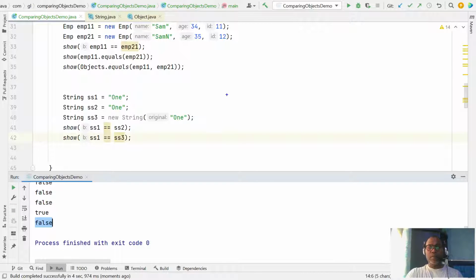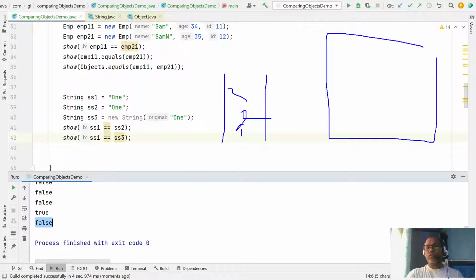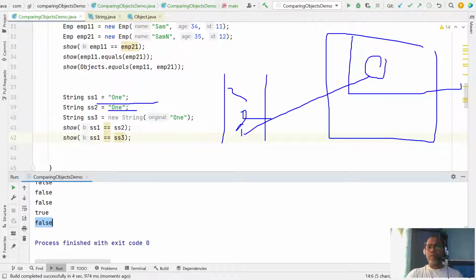The reason is that in the stack we have reference variables s1, s2, and s3. But when storing in heap memory, for this one an object is created. For this one, it is already created, so again it's not created; s1 is one reference, s2 is another reference to it.